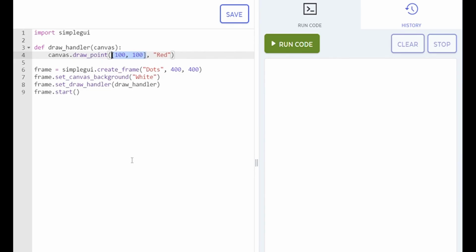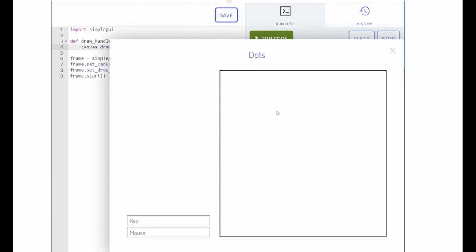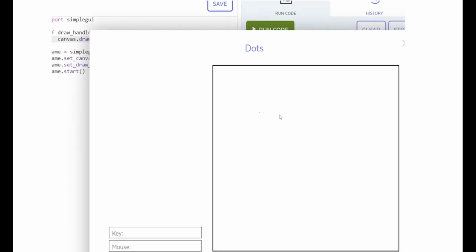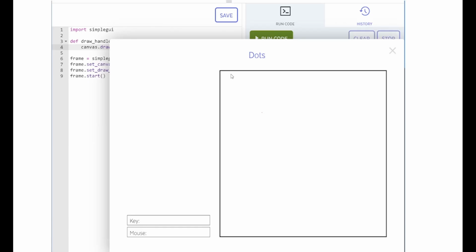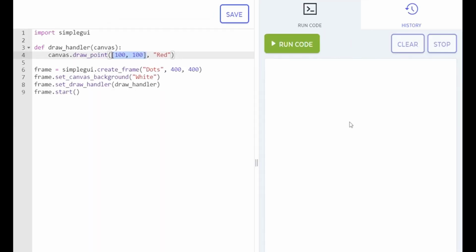Okay, so enough talking about this. Let's see the end result. We run this and right at 100, 100, and we may even have to zoom in to see it, we have a single red dot. Okay, so this wasn't too exciting, but it is a step in the right direction, which is understanding the XY